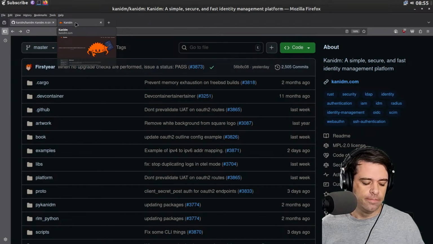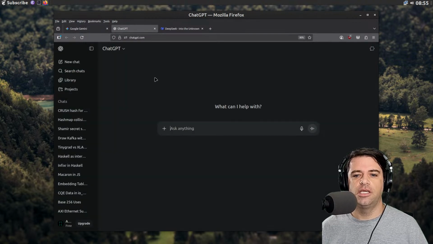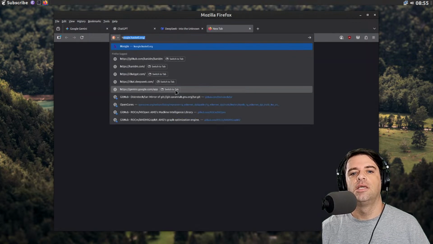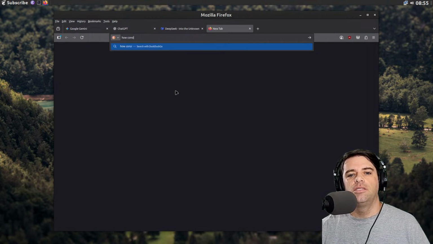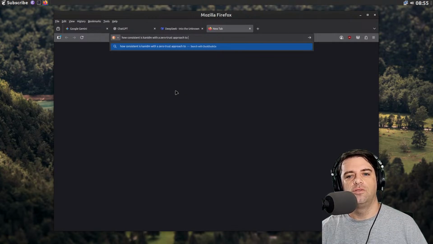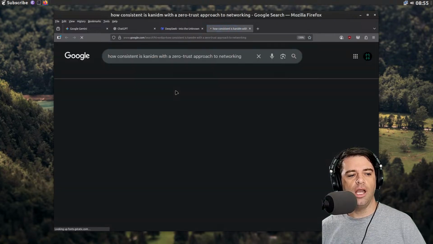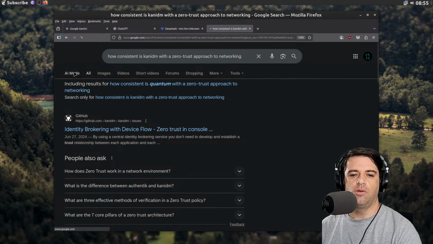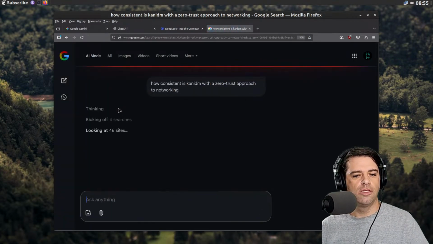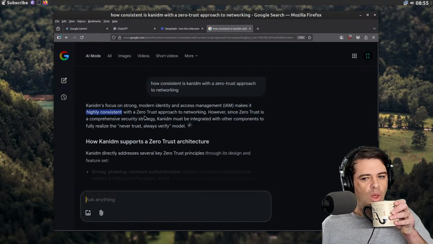Is that right? Let's sanity check this. How consistent is this thing with a zero trust approach to networking? I just don't want to make any claims that they don't want associated with their product. That's the reason I'm being a little bit cautious.